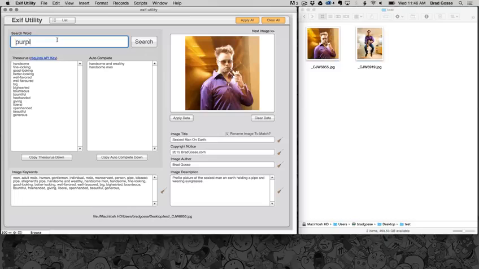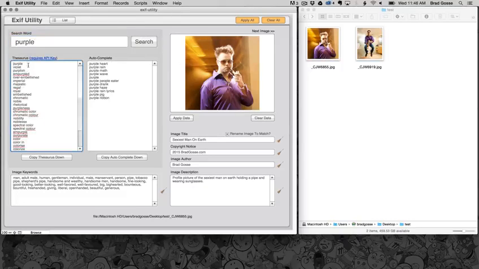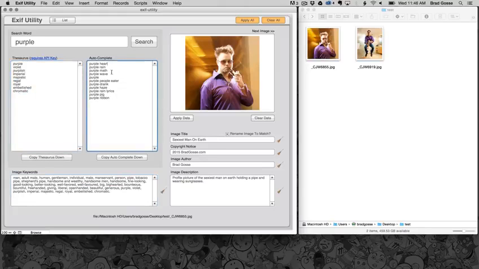So let's go with purple because I'm wearing a purple shirt. Purple, violet, purplish. I like these: the imperial, majestic, regal, royal, embellished, chromatic. All right, we'll go with those for now. Copy down, and I don't think any of these are going to make sense. You know what? Let's go with actually purple haze, because it is kind of a hazy photo, so we'll copy that down. So you can see you can just keep going and find as many keywords as you want